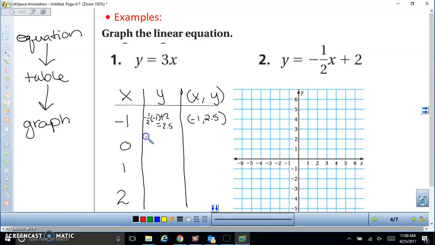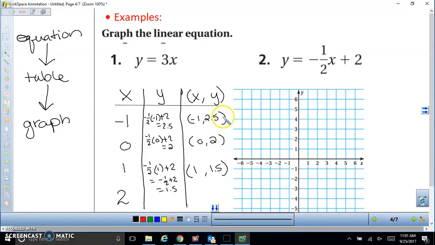All right, 0: -1/2 times 0 plus 2. -1/2 times 0 is 0, plus 2 is 2. Our ordered pair is going to say 0, comma, 2. Again, I'm picking from the equation that's listed above: -1/2 times 1 plus 2. -1/2 times 1 is -1/2, plus 2 is 1.5. Okay, not negative, just 1.5. 1 comma 1.5